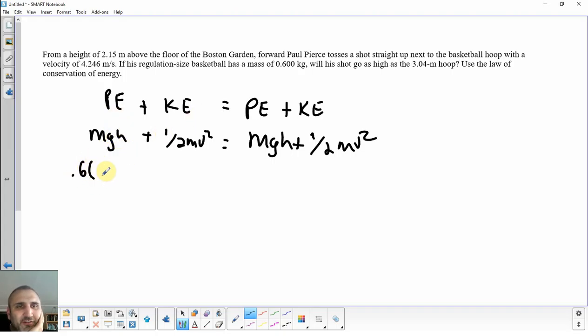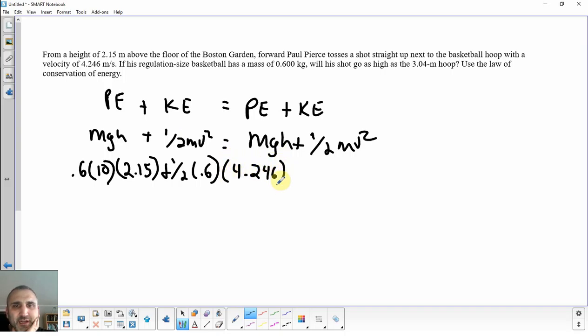So 0.6 times 10 times 2.15 plus 1/2 times 0.6 times the velocity that he throws it with, 4.2 squared meters per second, equals MGH, 3.04 times 10 times the mass, which is 0.6. Sorry, that's H and that's M, but I just got it backwards. Plus